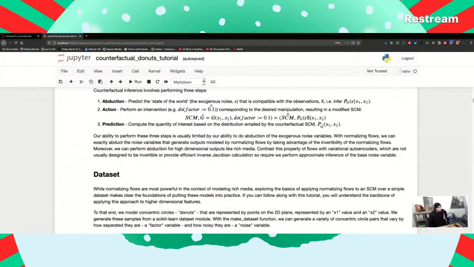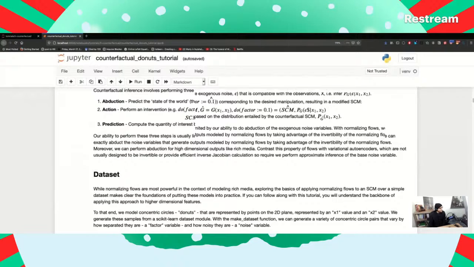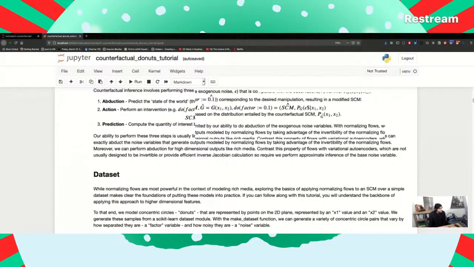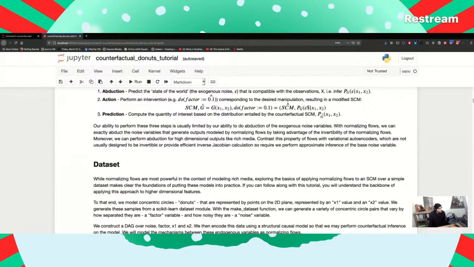And then, not sure how I feel about this notation, but we'll just give them the benefit of the doubt here. Compute the quantity of interest based on the distribution entailed by the new counterfactual model here.